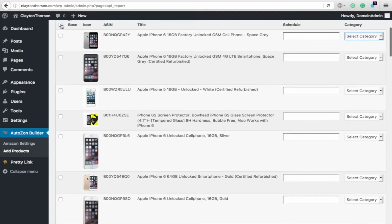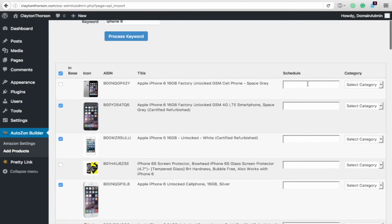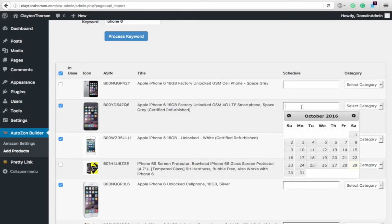So let's just say you want all of them. Or maybe you don't want all of them, but let's just say these 2 right here. Go ahead and you can schedule these posts on when you want them to post. If you select them all and hit Add Posts, it will instantly post all of these posts to your WordPress blog or your website. If you want them to drip feed in, simply click in this schedule and a little